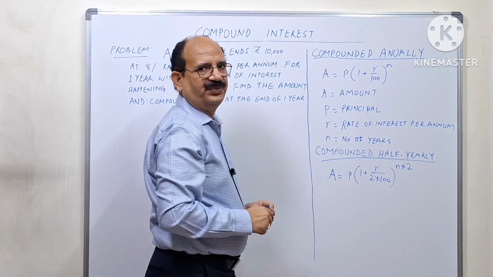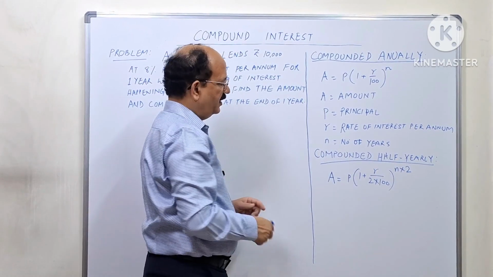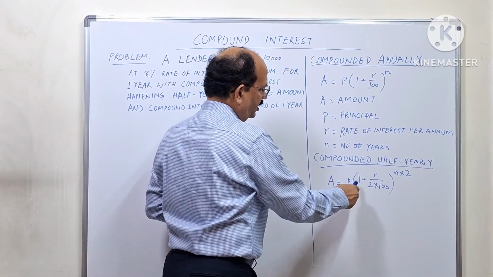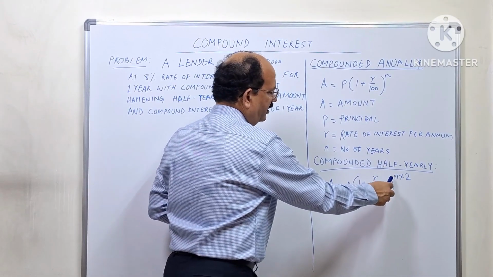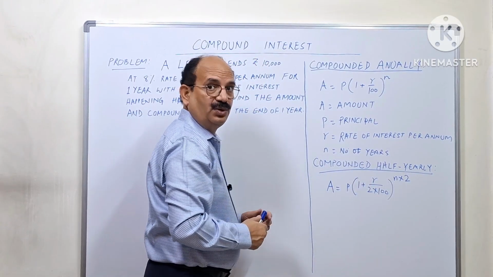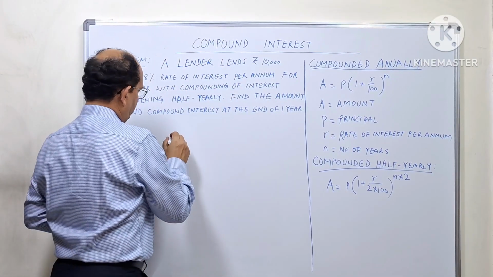of years. But if the compounding happens half yearly, then the formula we use is A is equal to P times (1 plus R by 2 divided by 100) raised to the power N into 2. Why do we do that? Because